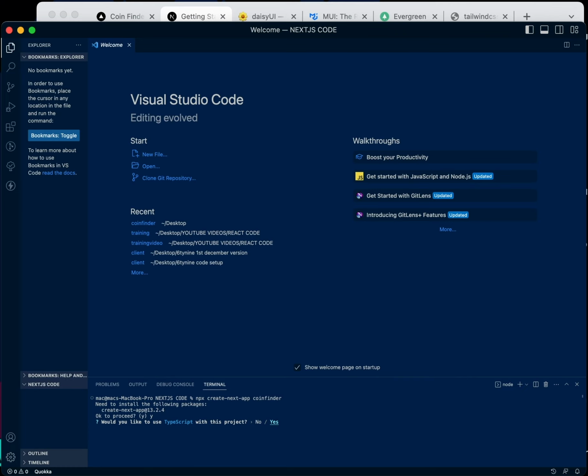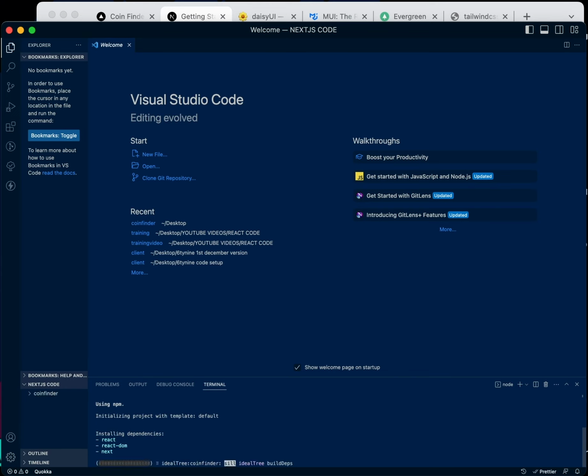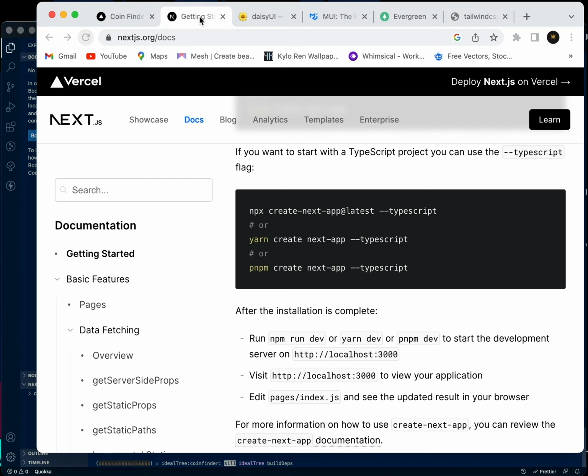Do you like to use TypeScript? No. Do you like to use the source directory with this project? No. Do you like to use the experimental app directory? No. So it's installing everything. Let's also go to